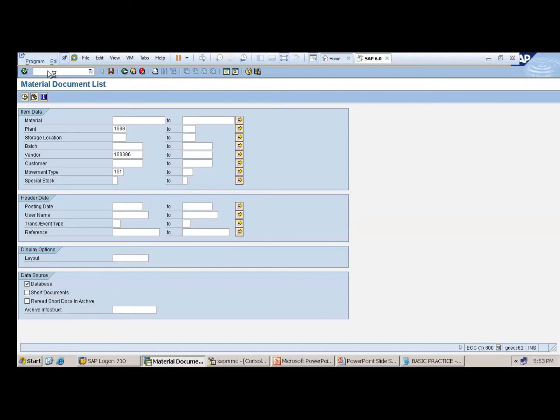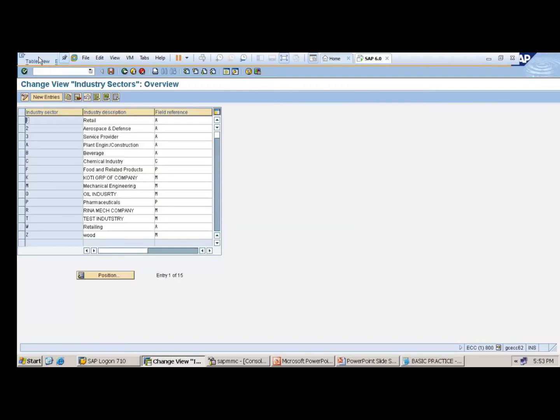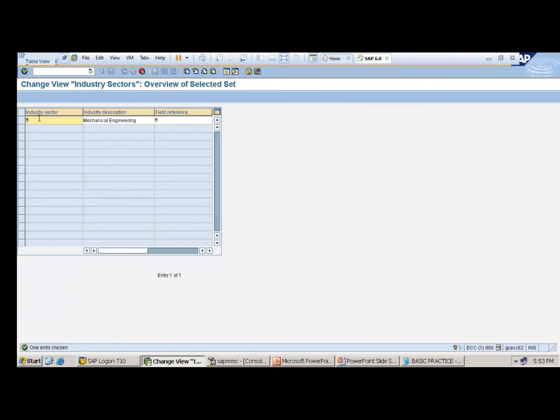Enter. Good. Then select any one industry or go directly for new entries. I just take a copy. So I can take test industry, Test industry 1, then take T1.